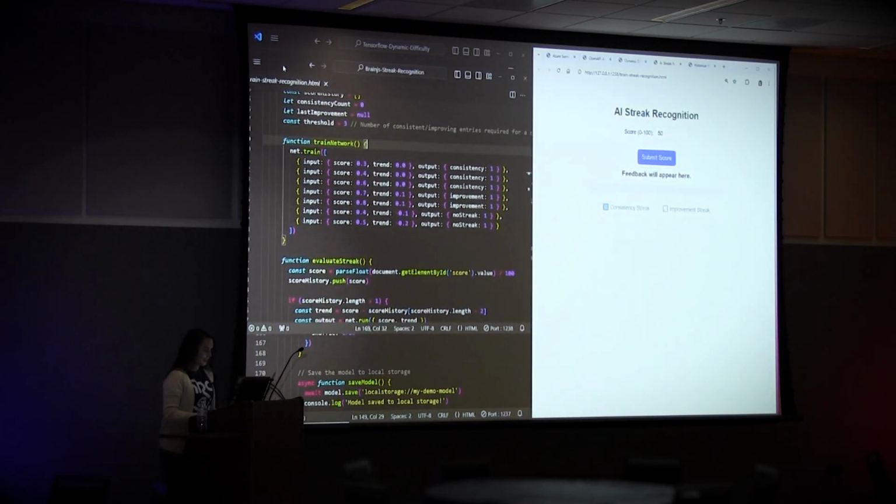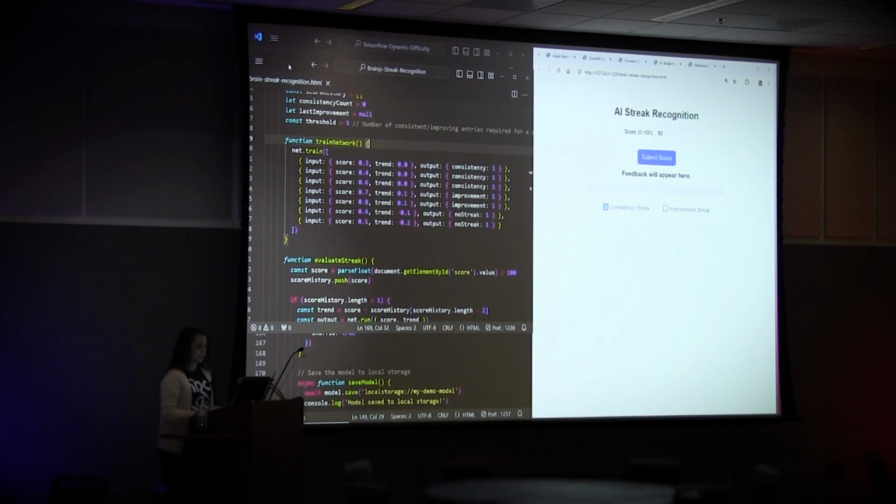All right, this is another one where you have the neural network. It's a more simplified version than TensorFlow, so I would suggest it for things that are a bit more lightweight when you're trying to train a model here.